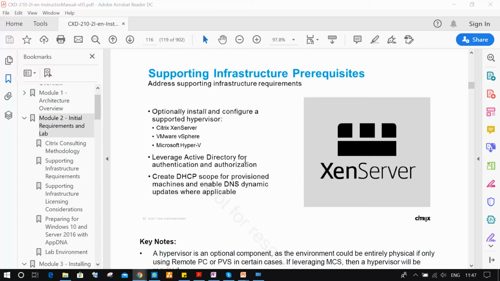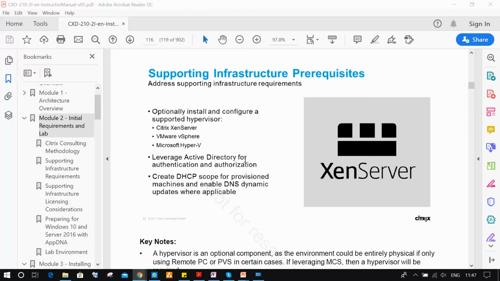Next point, DHCP server. DHCP is used for releasing an IP address to the client machines in the network. Without an IP address, we would not be able to communicate with each other. Yes or no? For that reason, DHCP provides an IP address to the client machines, and DNS also updates your host name with the IP address, for name resolution purposes.